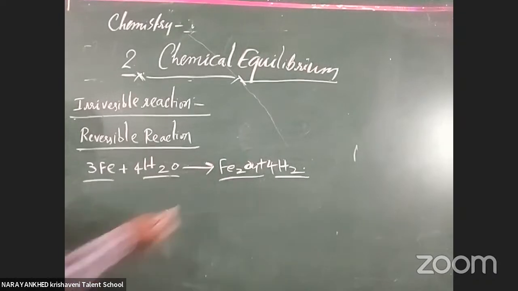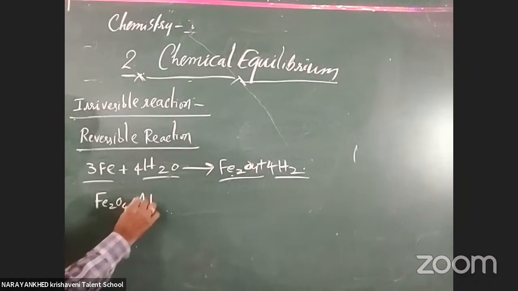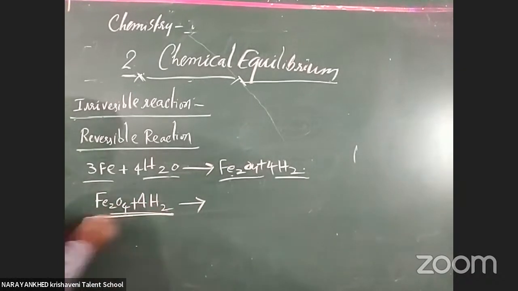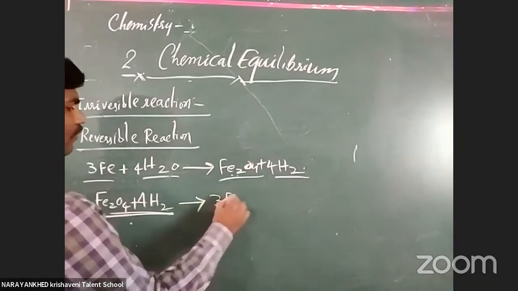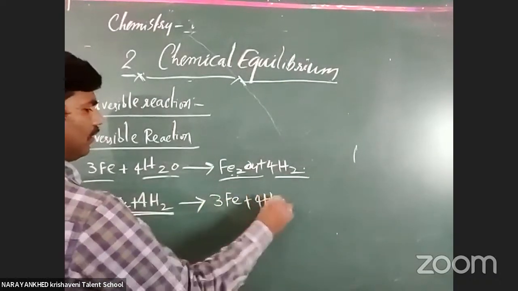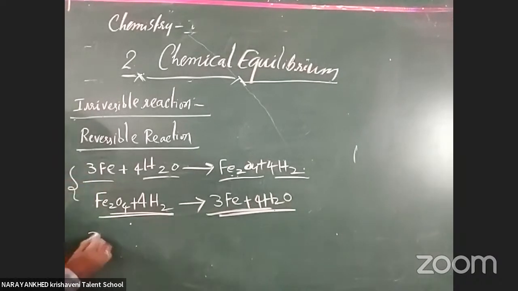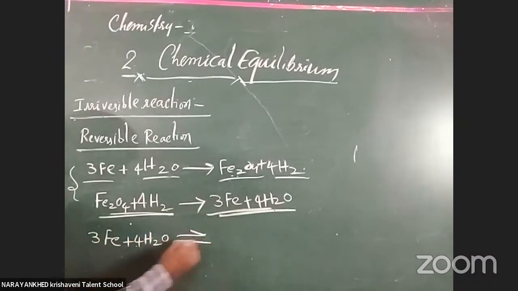Now how do these things, Fe2O4 and H2, become reactants? Now they are products in our equation. They again become reactants, and then it will provide water and iron again. Understood or not, all the students? Totally combined, this equation is written as Fe plus 4H2O. Yes, like this. What is this called?